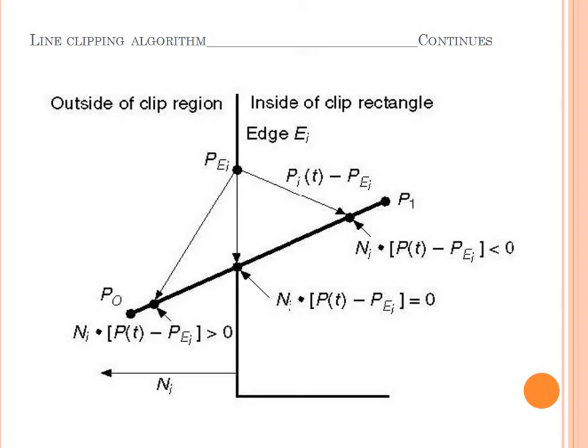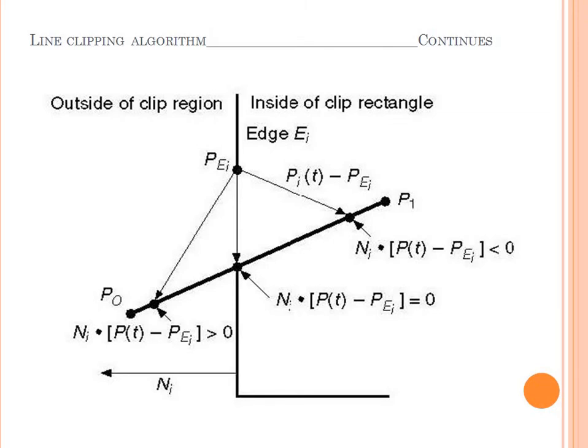Then the last point is taken on the line P0 to P1, and the name of this point is C. Then we draw the distance vectors from point PE to the three points on the line: to point A, then point B, and point C. So we draw these three distance vectors, and after that we perform the dot product operation with the distance vector.